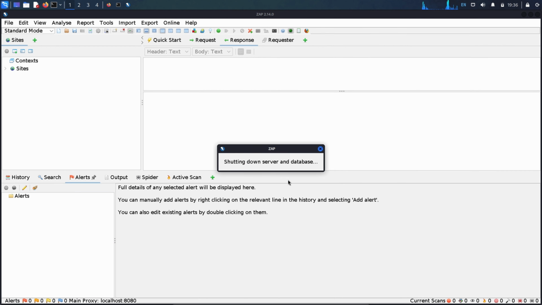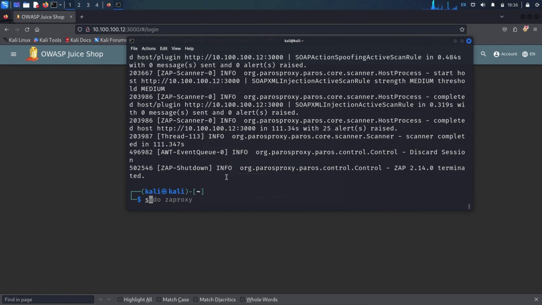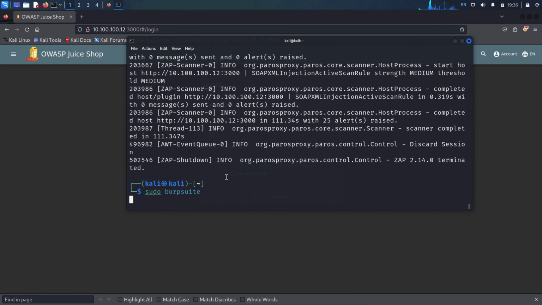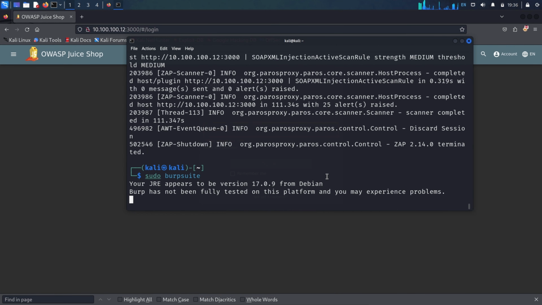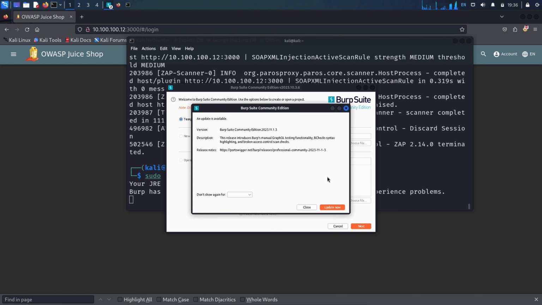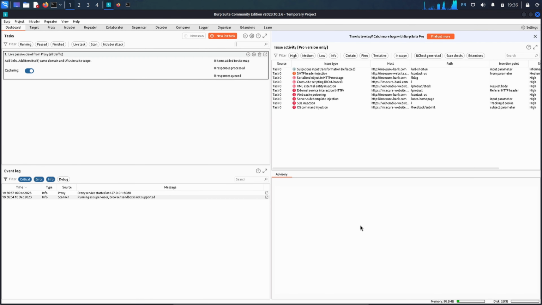And I'm going to open Burp Suite, which is a free vulnerability application scanning software. So go to the terminal, sudo burpsuite. This is the community edition, which is the free edition. You can have the professional edition as well, but you have to pay for that. I don't want to update right now. Start website. So what I can do is use Burp Suite as a proxy, and I'm sending all the web traffic